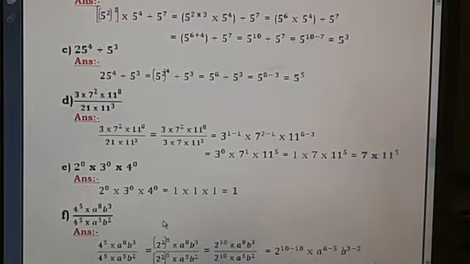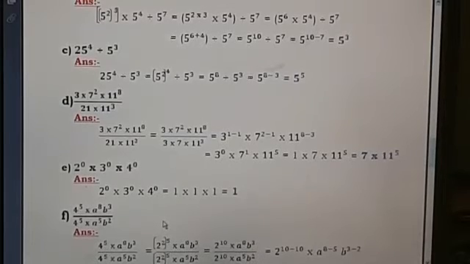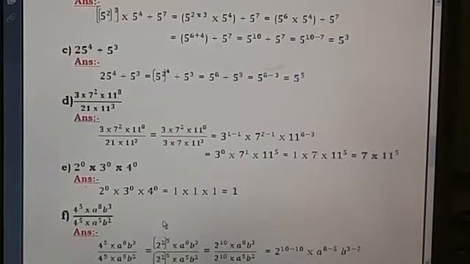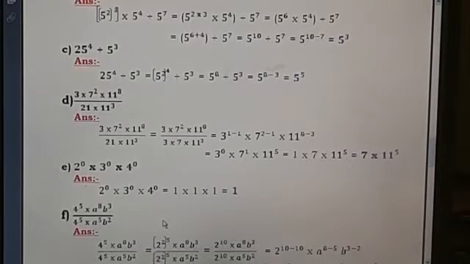How I have written, you also have to follow when you are doing the homework questions. So 25 we can write as 5 squared. Then 4 is also there in the power. So 5 to the power 2, the whole to the power 4, divided by 5 to the power 3. Power to the power we have to multiply. Then use the second law, we have to subtract.